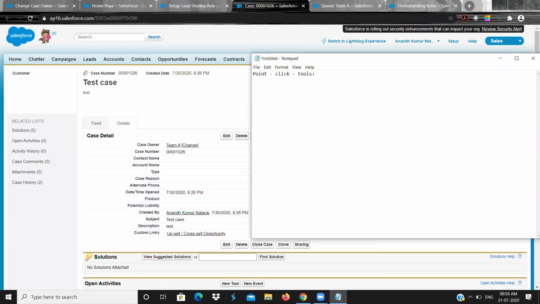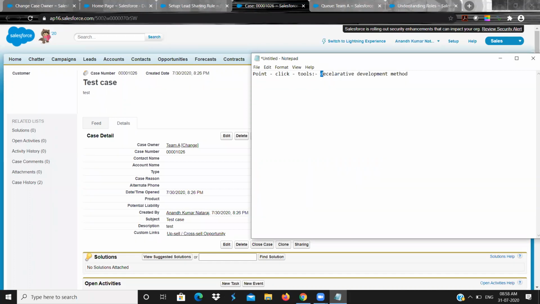Okay. What is meant by point and click tools? Or they will be calling it declarative development. This is a familiar word, declarative development, point and click tool.